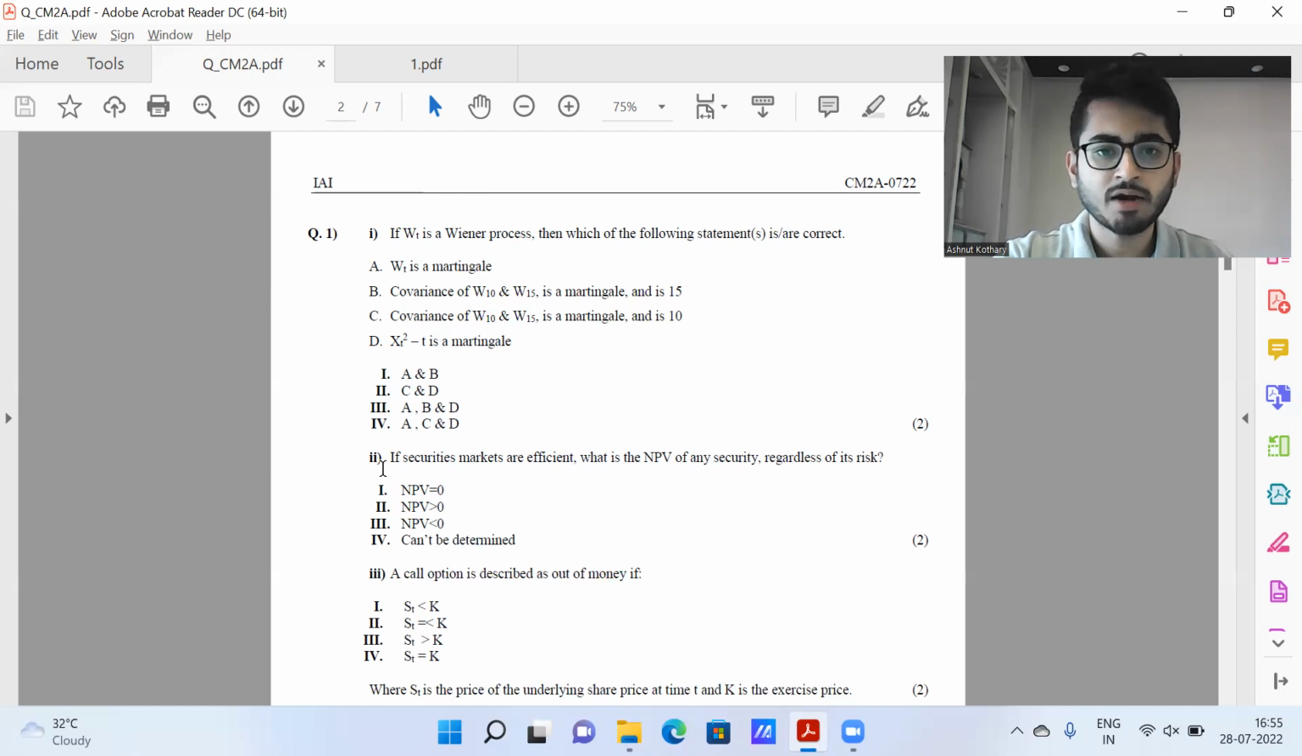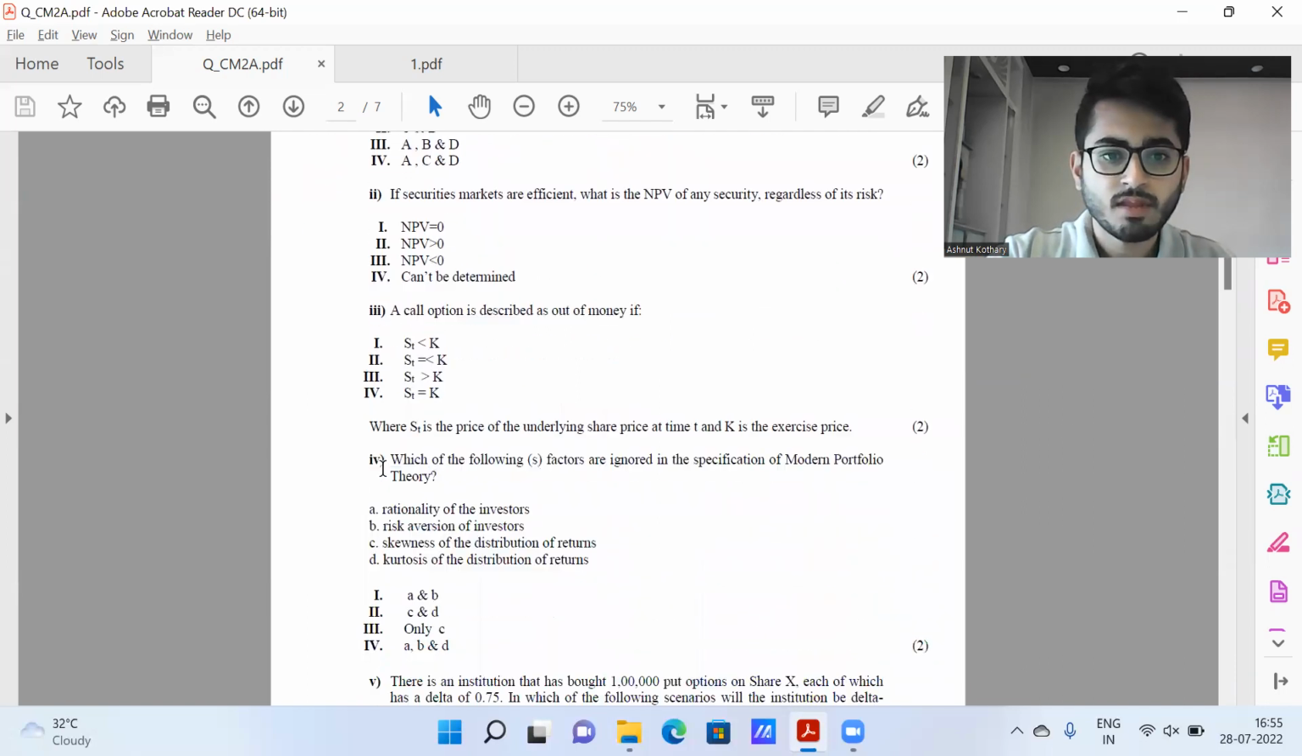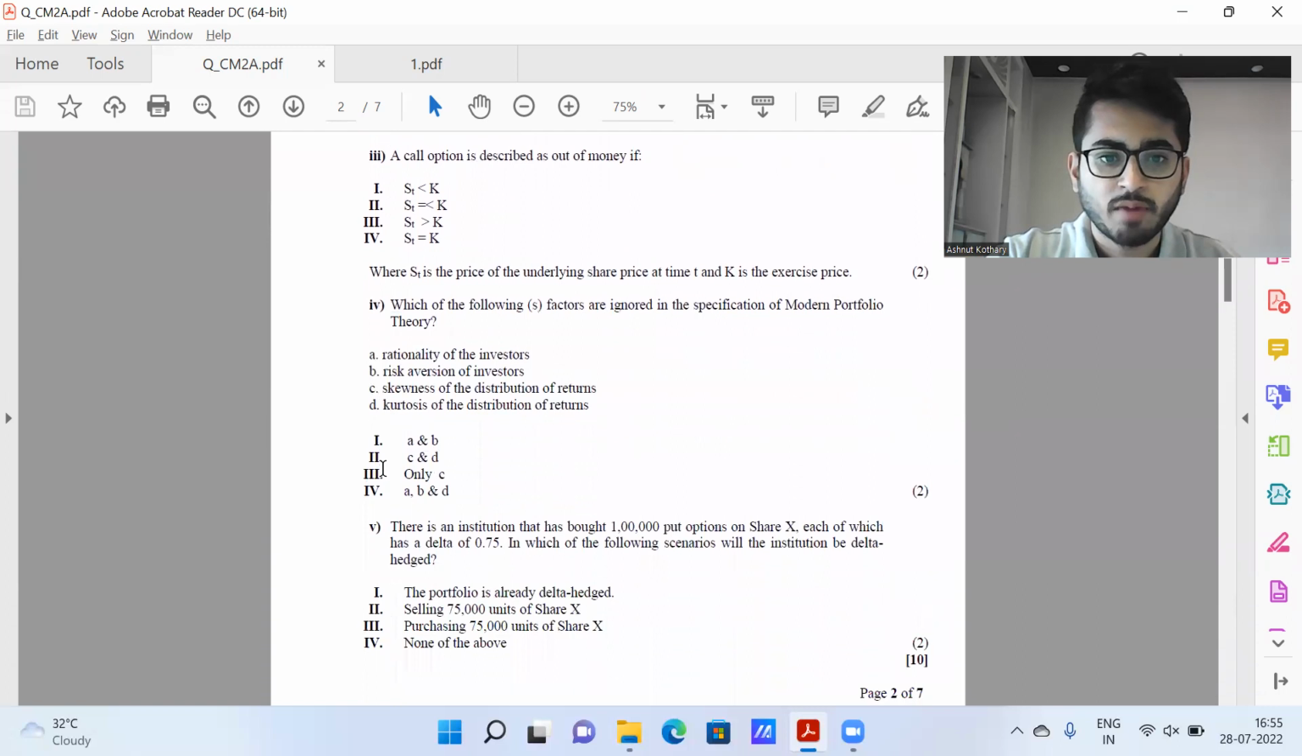So specifically for part two, whenever we are saying that the securities markets are efficient, it means that the price of a security could be seen as nothing but the discounted value of all its cash flows. So in such a case, the NPV shall be nothing but zero over here. Then part four, part five,